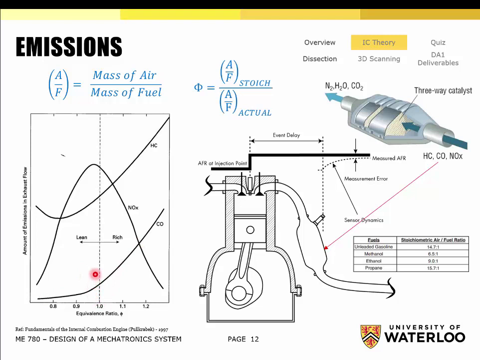As soon as you start going rich from that, you very much influence the carbon monoxide and you make it worse. Okay, rich means that there's more fuel. You have more fuel. Lean means you're less fueled, or under fueled. Okay, so you're over oxidized. So there are different factors that influence these